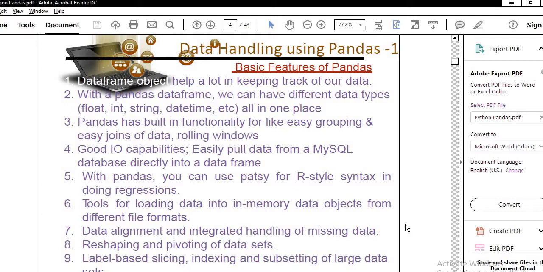Then there is data alignment and integrated handling of missing data, reshaping and pivoting of the data set. Pivoting is another important operation in data frame. And there is label-based slicing, indexing, and subsetting of large data sets. These are the basic operations that we can perform in the pandas data structures.